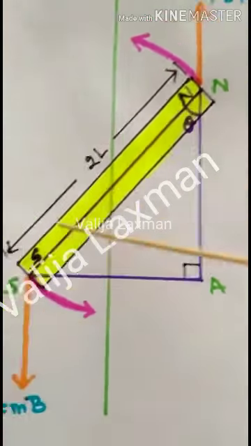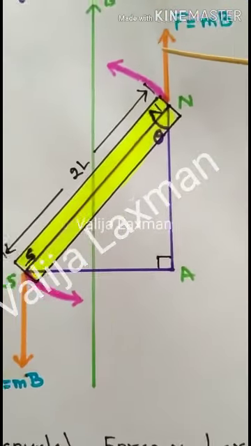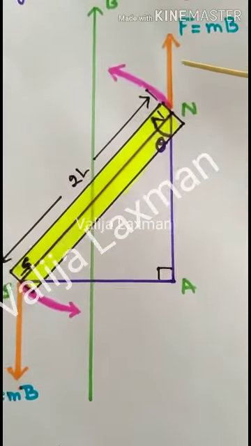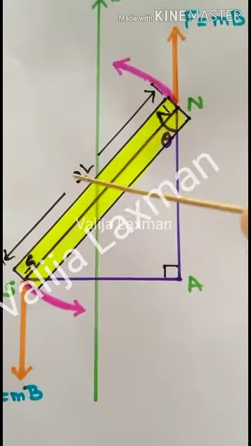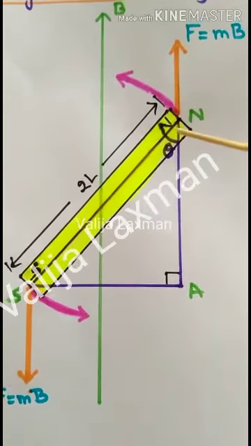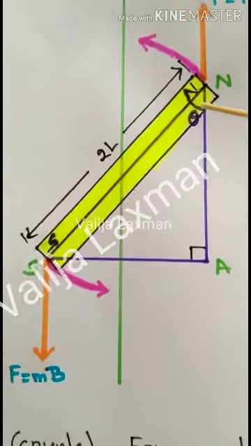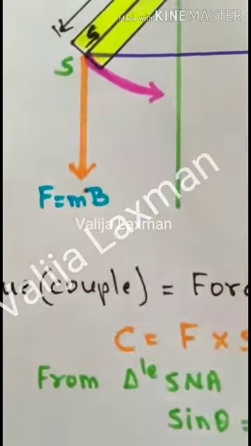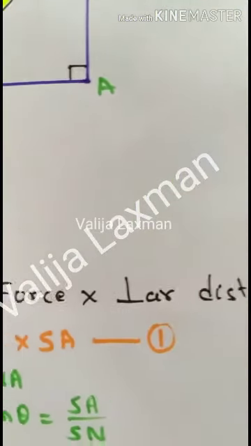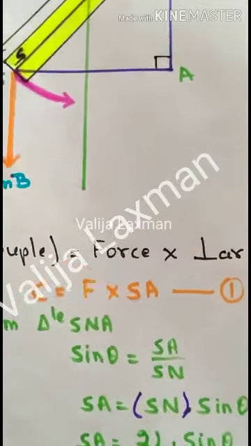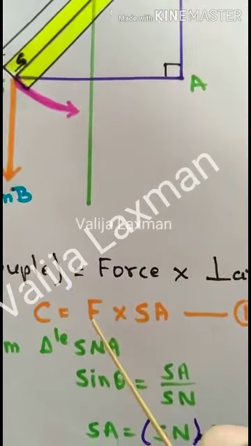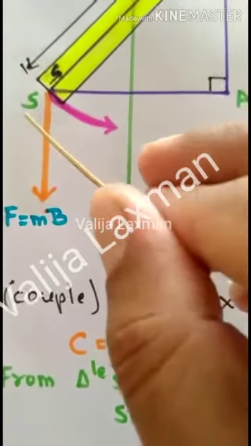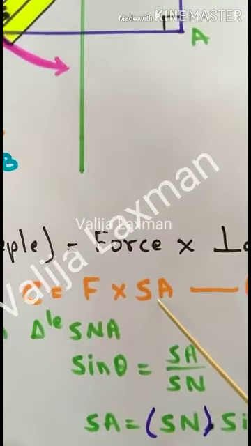And if you are observing these two forces, they are equal, opposite, and moreover parallel to each other. So these two forces constitute a couple. This couple is trying to rotate the bar magnet and bring the bar magnet into the direction of the external magnetic field. And now the general formula for the couple acting on the bar magnet is nothing but the couple is equal to force into perpendicular distance. Now here couple C is equal to force, indicated as F, and the perpendicular distance between the two forces in the diagram is nothing but SA. So we are writing it as SA.